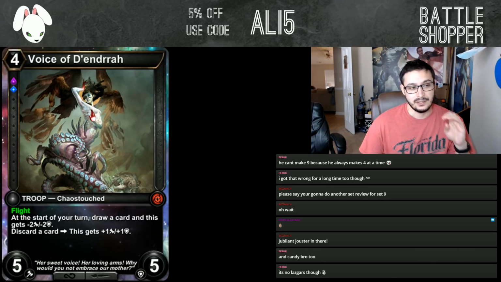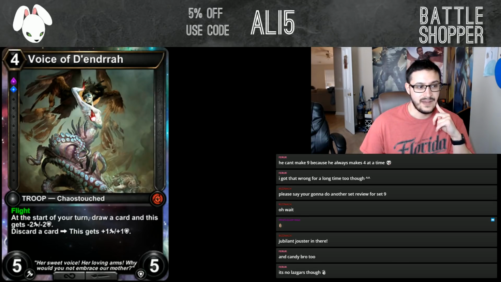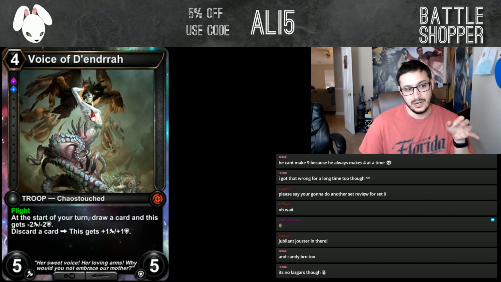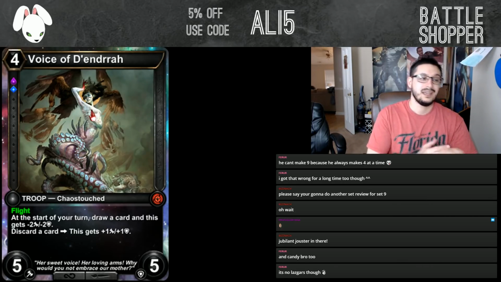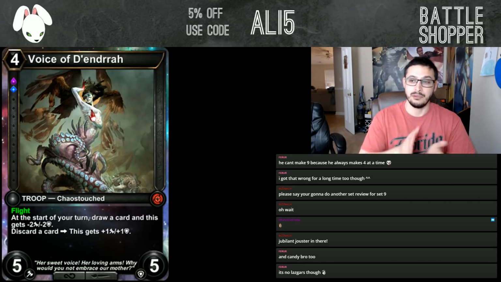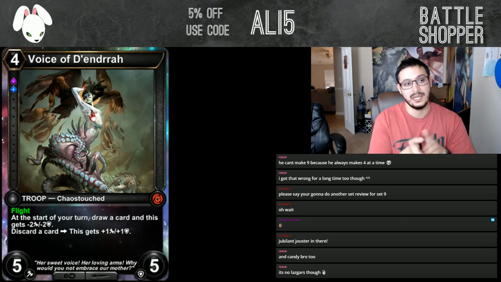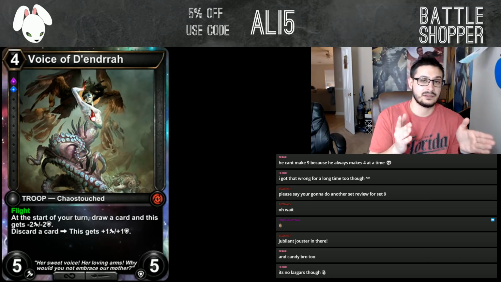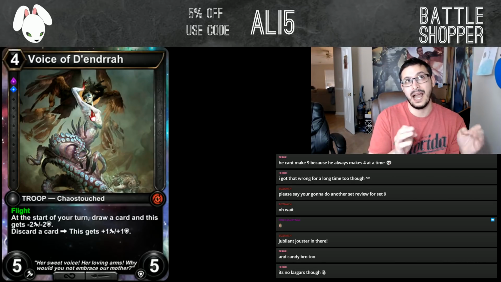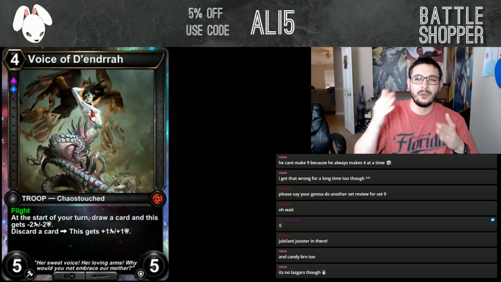Voice of Deandra. Excellent art. Beautiful art. Also awesome card. It's a 4 cost. It's a 5/5 flying. At the start of your turn, you draw a card, and this gets -2/-2. Then you can discard a card, and this gets +1/+1. So this fuels reanimation. It fuels discard strategies. It's excellent. Like if you have the Scribe of the Flayed Man, you can literally discard a resource,